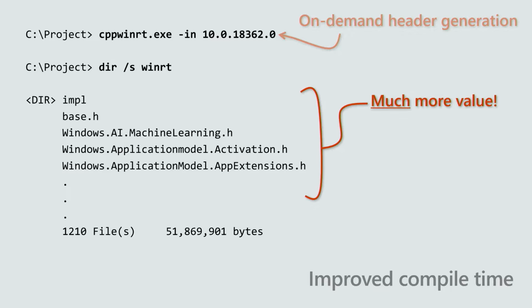And these headers have much, much more value. There's a complete implementation for every interface. You never have to interact with the ABI directly. It's a very simple, modern C++ approach to accessing the Windows APIs. You'll also notice that the headers are far more granular. And this is intentional. This allows us to really optimize the build time to include only those dependencies we really need. And thanks to the new metadata reader we have, we can do incredibly accurate dependency tracking, thus reducing the amount of code we actually include at compile time.